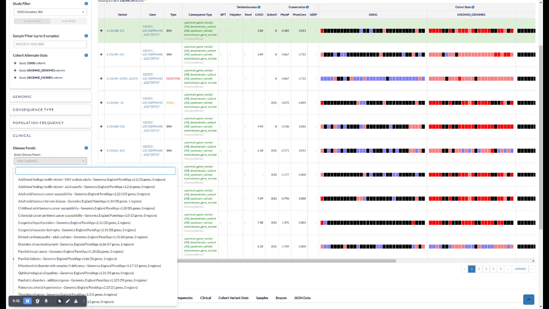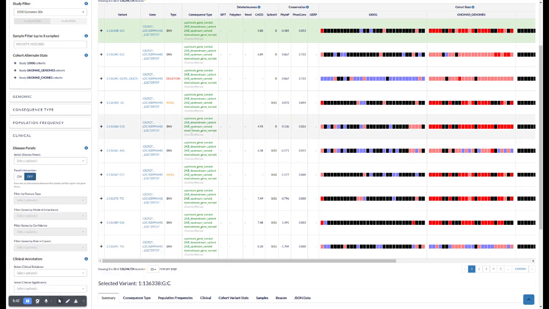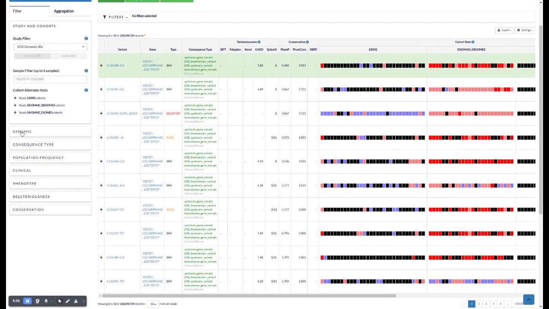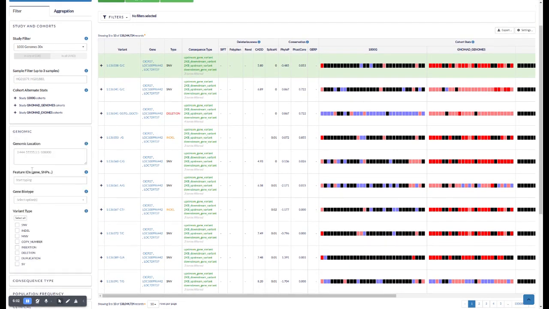Filtered variant tables can also be exported easily. Tables of up to 1,000 variants can be exported in TSV or JSON format using the Export button Download Table option. For example, here, I want to download all BRCA1